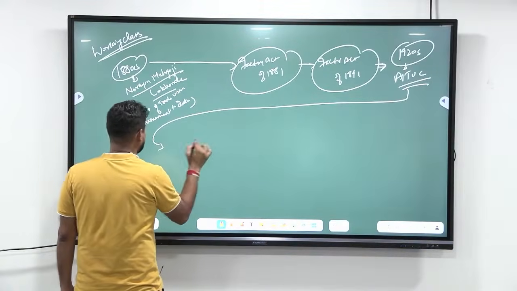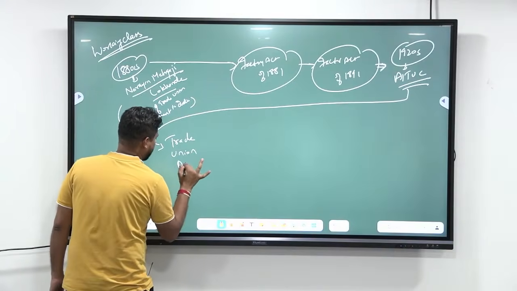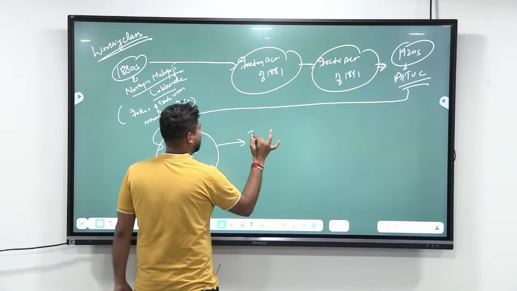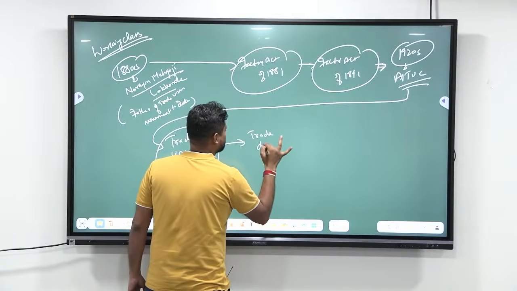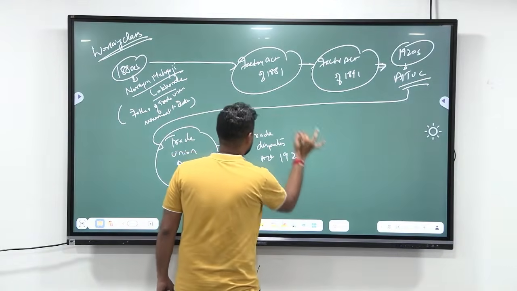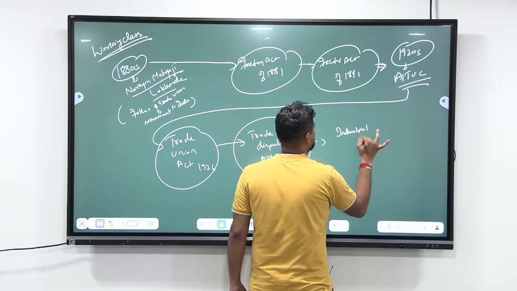Then you have Trade Union Act 1926. Then you have the Trade Disputes Act of 1929, and then you have the Industrial Disputes Act